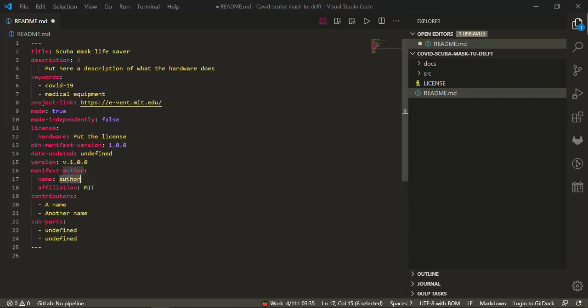So the author, I would assume it's a group of people, so for now I will put one person that I know is working, Jan, and then maybe he could change the name. That's why we're doing it in a repository. I'm going to put Jerry the boss here because he's working, but there are probably other people, so you can add them here. Maybe you want to also name the parts, like for instance a filter of a certain type, and